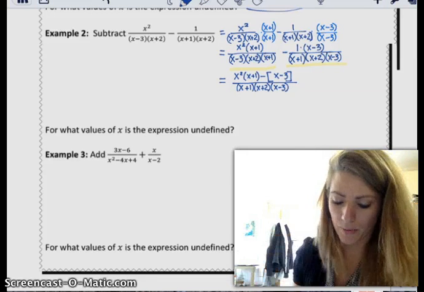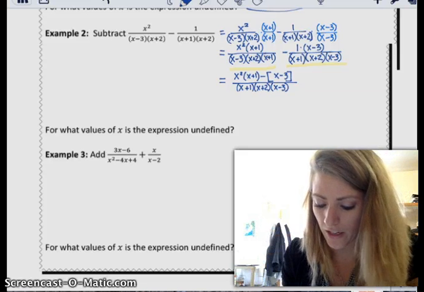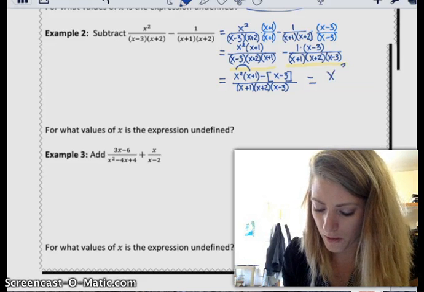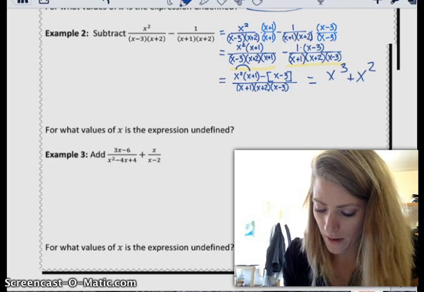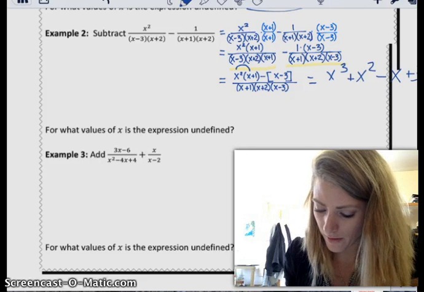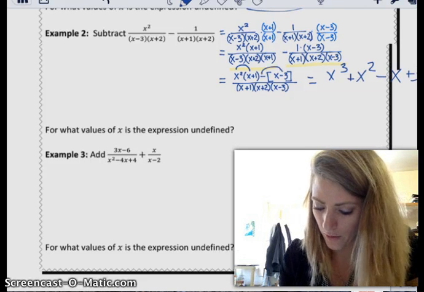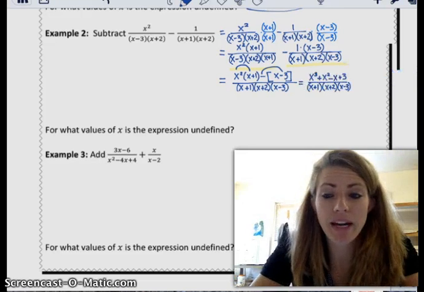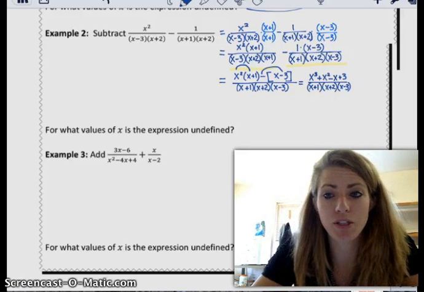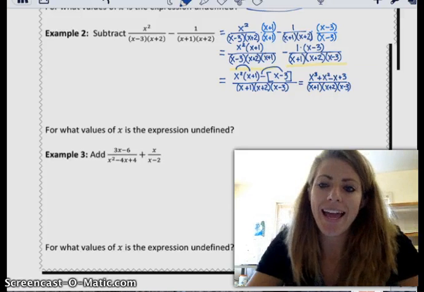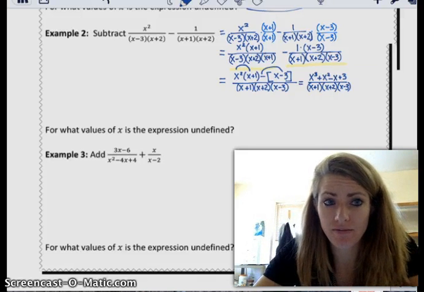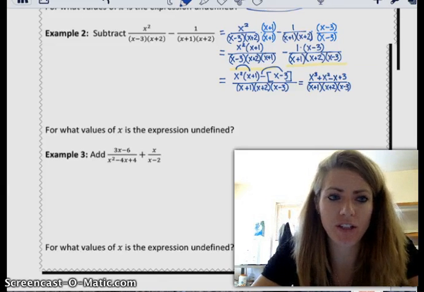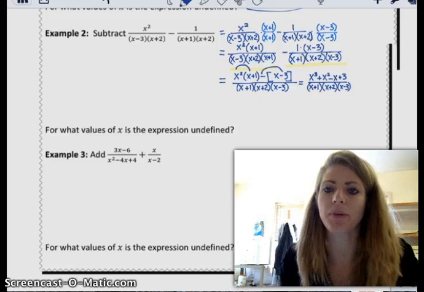So this is combined. Now I want to put the numerator in standard form and see if I can factor it all. So I've got x squared times x plus 1, and so that becomes x cubed plus x squared minus x plus 3, right, because I distribute that negative to my negative 3, and then leave that over the same denominator. Alright, when we combine everything, we've got x cubed plus x squared minus x plus 3 all over your denominator, and that numerator does not factor, nor would I expect you to know how to factor it. But if it's something that's factorable, you should factor it and try to cancel out common factors from the numerator and denominator. Anyways,